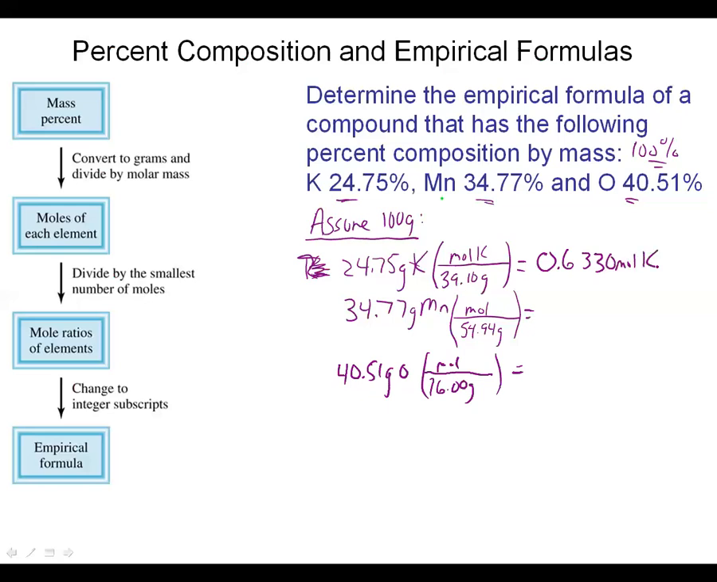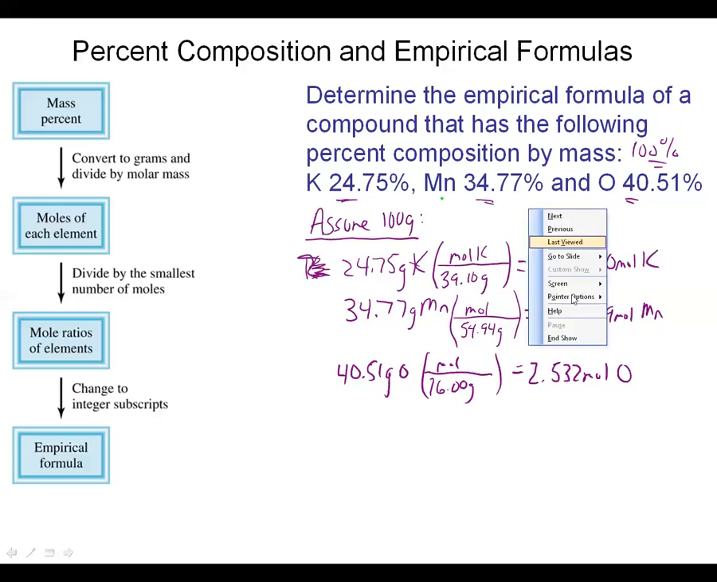If we do that for the Mn, we will end up with 0.6329. And if we do that for our oxygen, we will end up with a big number of 2.532 moles of oxygen. Any questions on that so far? So we basically converted our percentages into grams using the molar mass. We converted our grams